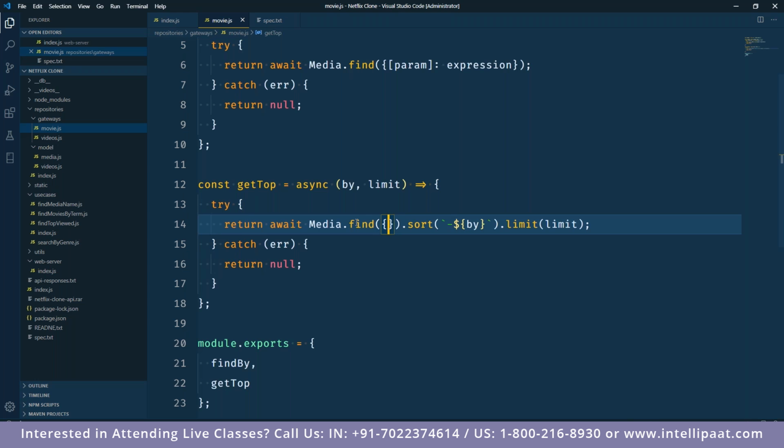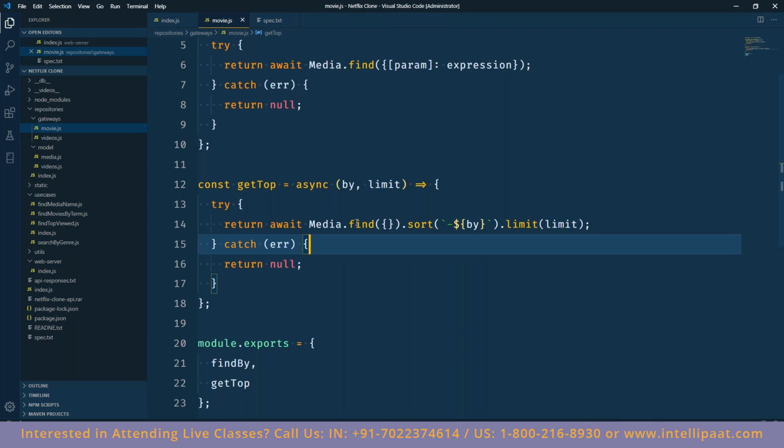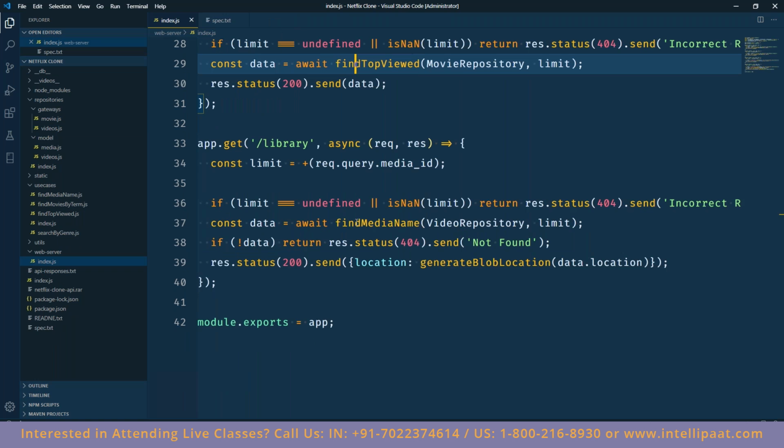So we find all the movies, we sort them in descending order by the parameter that the user has passed in. Here we'll be passing in the view count, and then we limit it to what the user has instructed. It's either going to be 5 or what the user has instructed. And if we run into an error, we return null. Mainly if you're dealing with error corrections, then you can log it to the database. But here we're doing this. So now if I go back to our